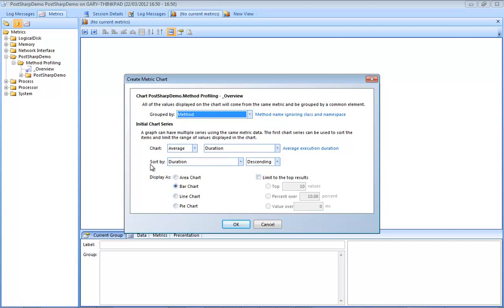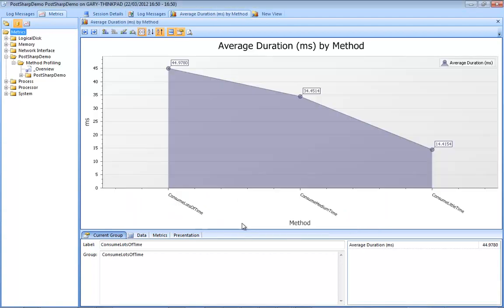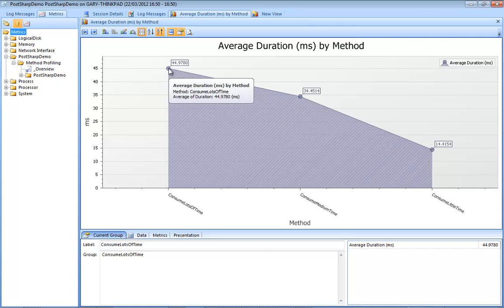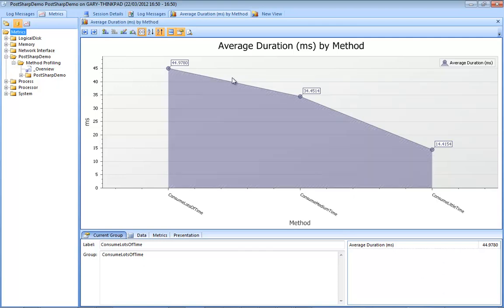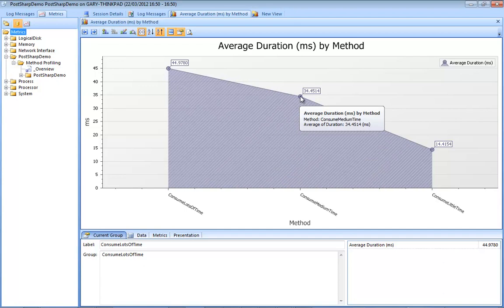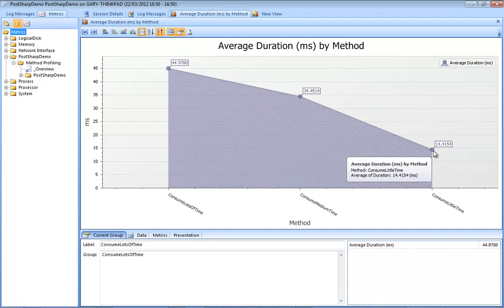We'll take the average duration, sort by duration descending, and we'll have that as an area chart, I think. Just drop that on there. So here we can see the three methods that we wanted to time. There's consume lots of time there, consume medium time here, and consume little time at the end. And we can see that the average time to run was 44 milliseconds there, 34 milliseconds there, and 14 milliseconds